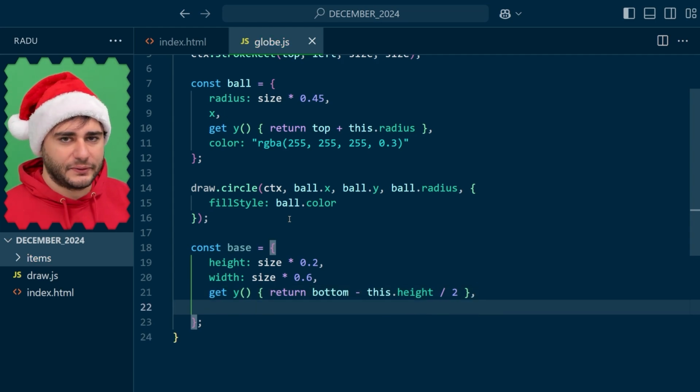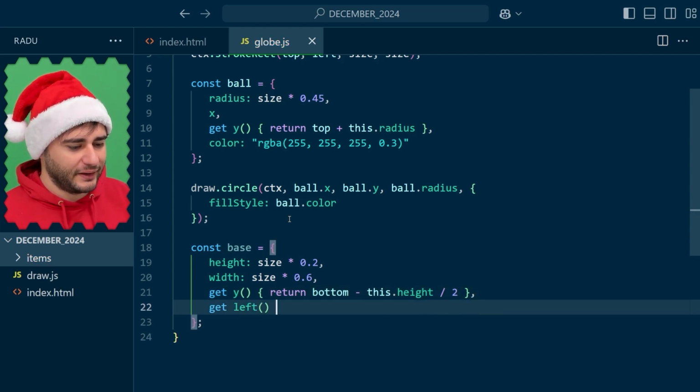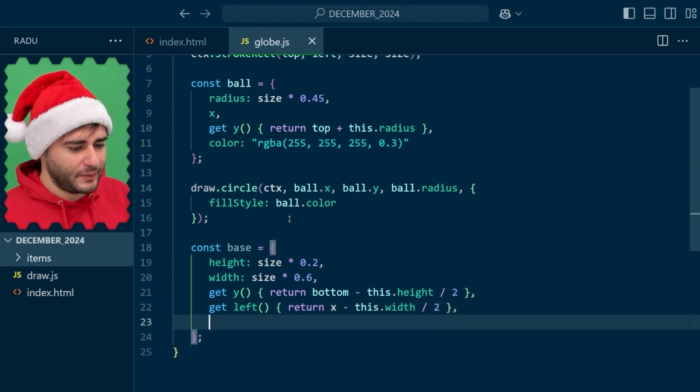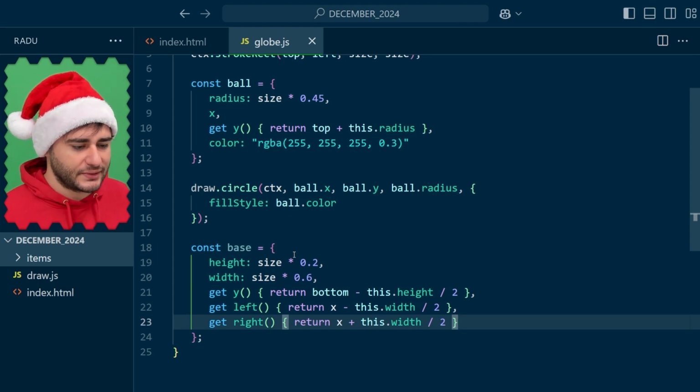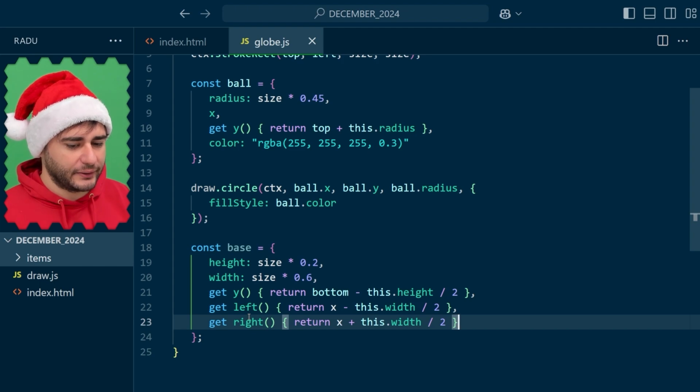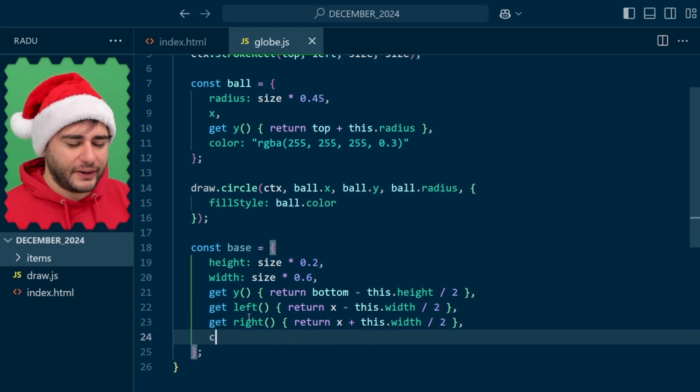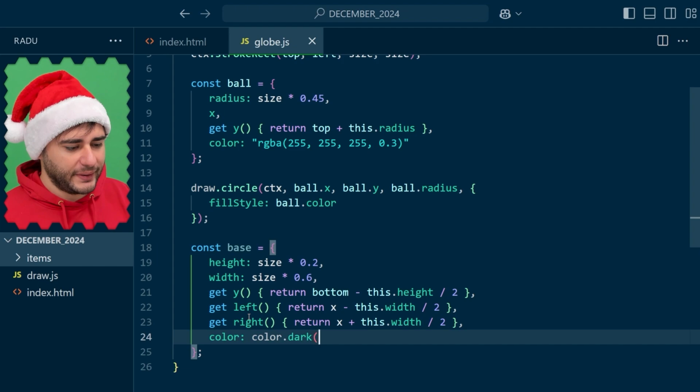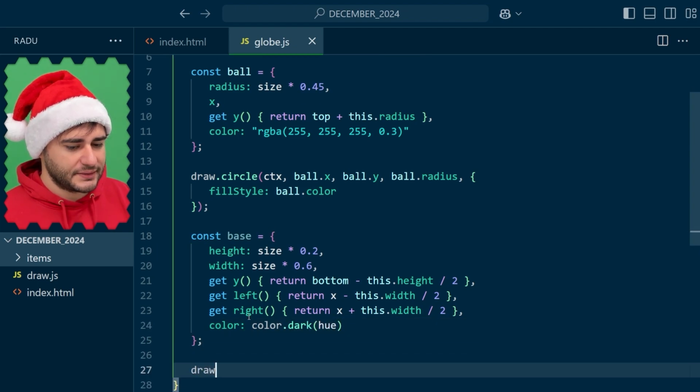And then the left and right, these are helper variables we can use for drawing this shape, this line. And they are getters as well, because I want to reuse that width, which is the only parameter here next to the height. And these become automatically calculated as a result. And the color, I'm just going to use a dark color for the base. And let's draw this line, base left, and the Y, and right, and the Y, and then